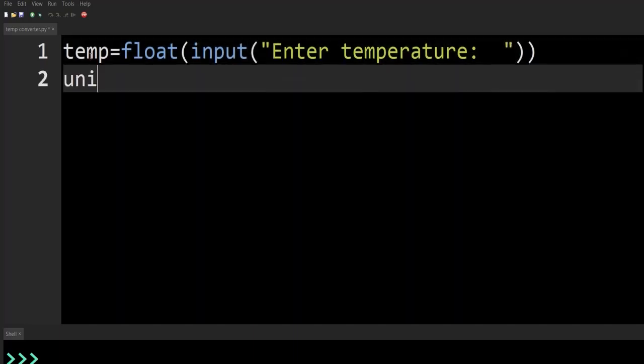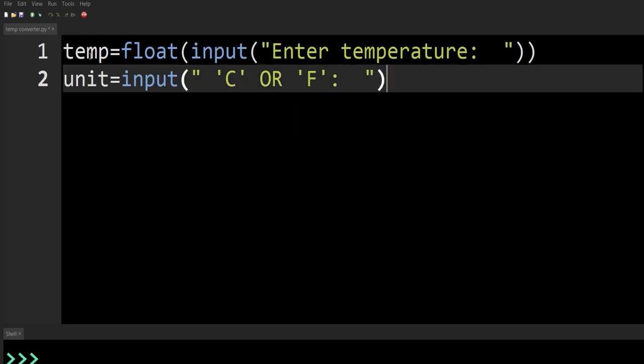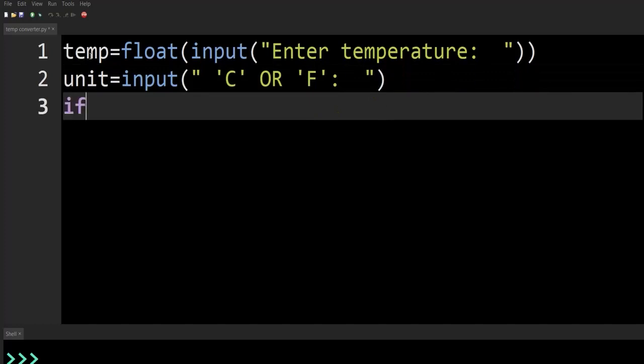Then we ask in which unit the user has given it, so the variable unit is equal to input, "Is the temperature the user has given Celsius or Fahrenheit," and we put a colon here and close.